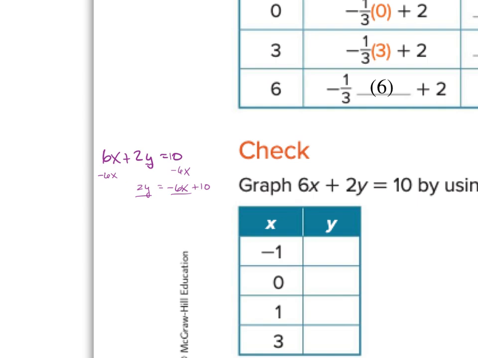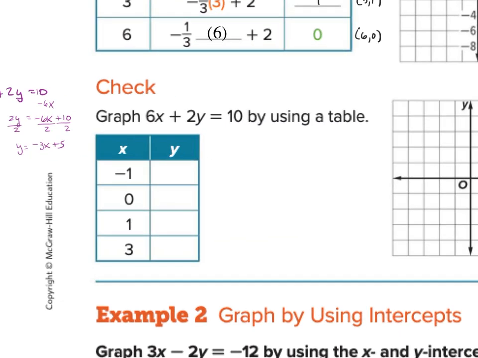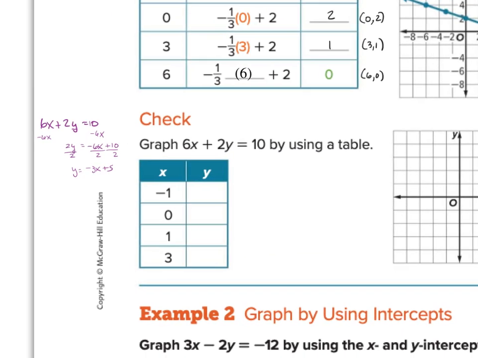I'm going to divide everything by 2 to get y by itself, and y is equal to negative 3x plus 5. So there you go. There's my slope-intercept form, so I can plug in some values. And I get y is equal to negative 3 times the number plus 5,